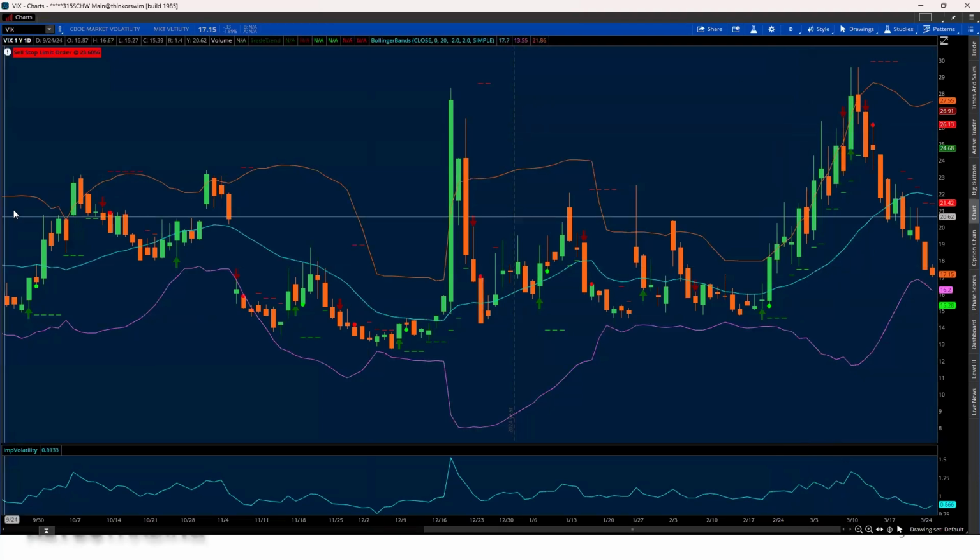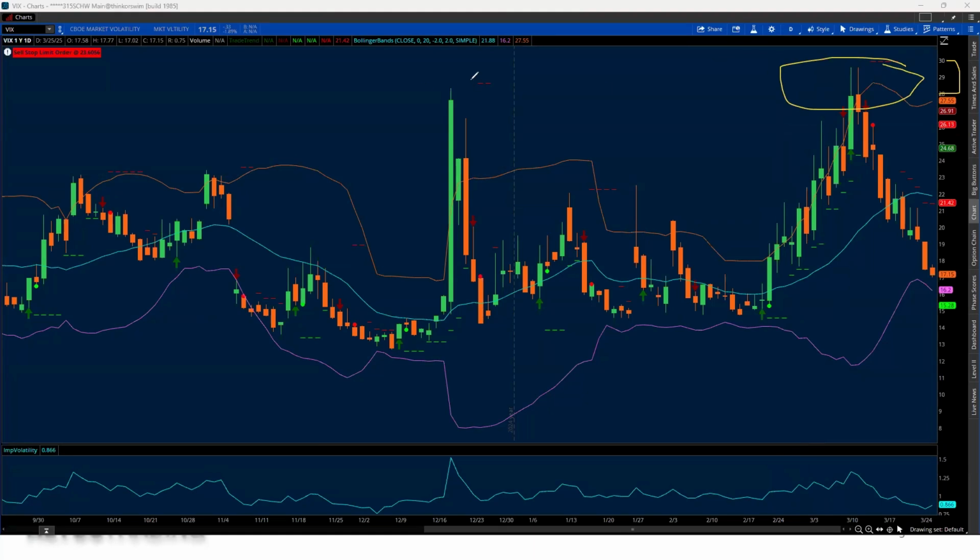For instance, I recently sold calls on the VIX when it was up in this area. So when VIX is up here, at a key resistance level, I did this in my hedge fund. I sold VIX calls. I just sold a naked call. And when VIX is up at major resistance levels, I'll look at selling call premium. So you could sell a naked call,